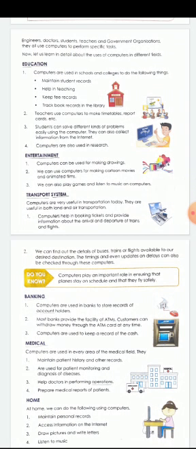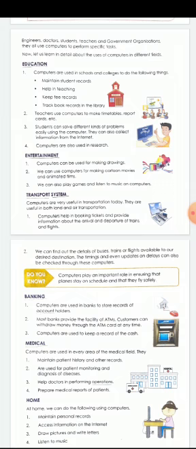They maintain student records, fee records, and the books records in the library. In the lab we use computers for practicals also. For teachers, it helps in teaching and in making progress cards and timetables. For all these things, computers are used in schools, colleges, and the education department.